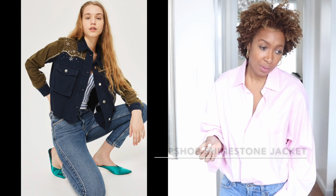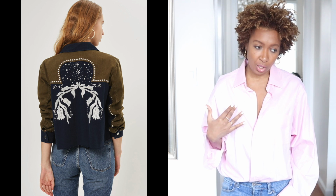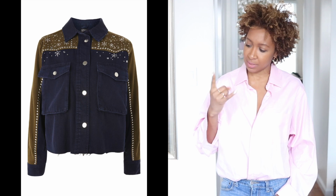On the screen here you can see a less expensive version of that Western statement jacket, and it is from Topshop. I loved the color combination. That's what drew me to it the most, that olive color with that deeper indigo. I think that's such a beautiful...